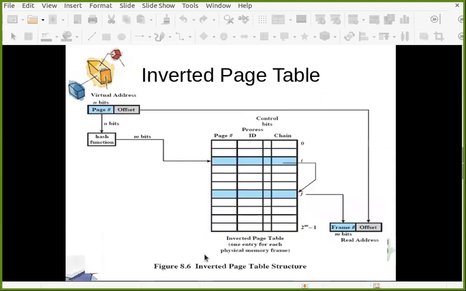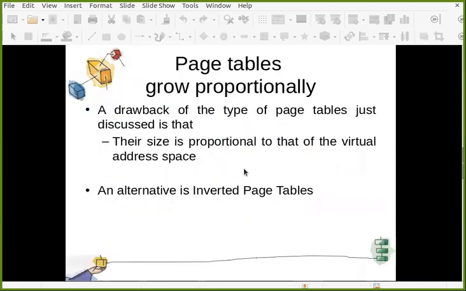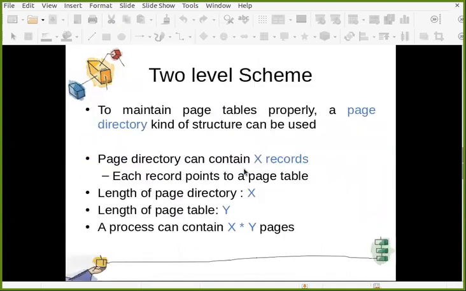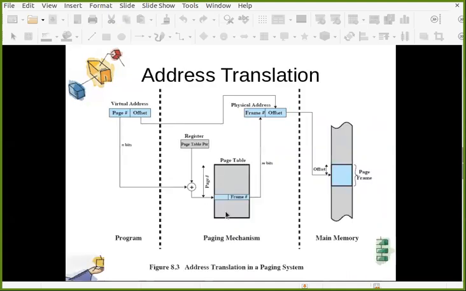Now, the interesting part is, forget about even the inverted page table. When we have a normal page table, it can be very large. We have seen that sometimes we need to put it not even in main memory but in virtual memory. Even if we forget about that, these page tables are still large enough, maybe in MBs.